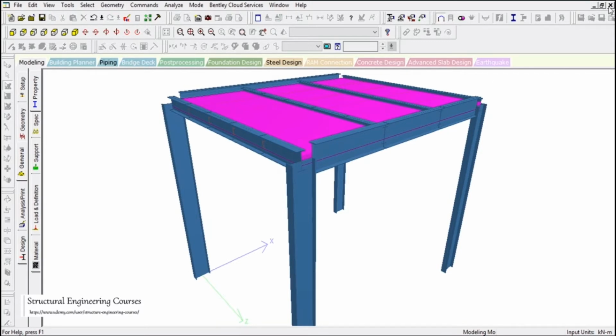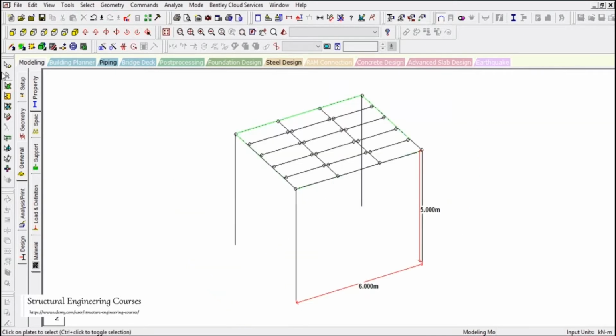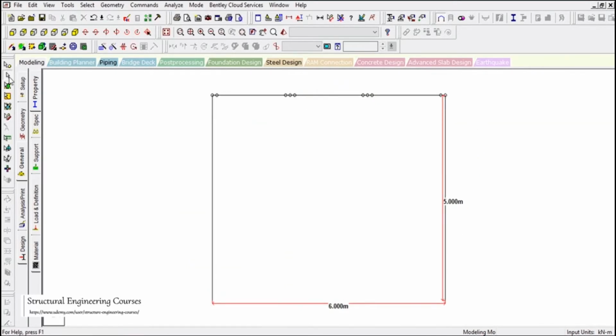So to correct this, what we can do is select all these members here, select the beams cursor here and select all these members here.